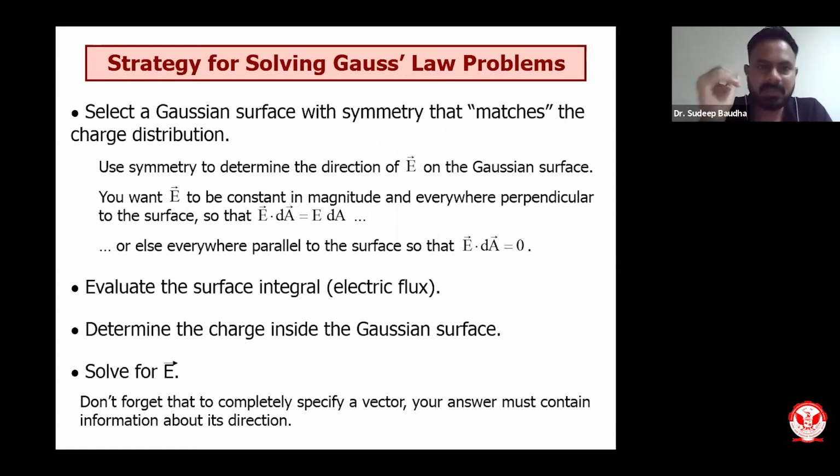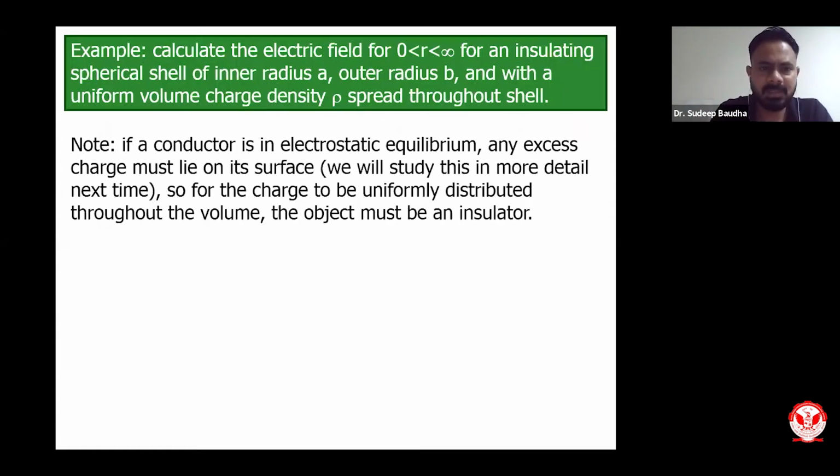So these are the steps for how you can apply Gauss law for finding the electric field at a particular point from a charged object, or what you call a uniform charge distributed object. So I will give you some examples, of course, so that it becomes very easy to calculate what will be the charge, what will be the electric field because of that charge geometry. So I have one derivation. Let us visualize this derivation.